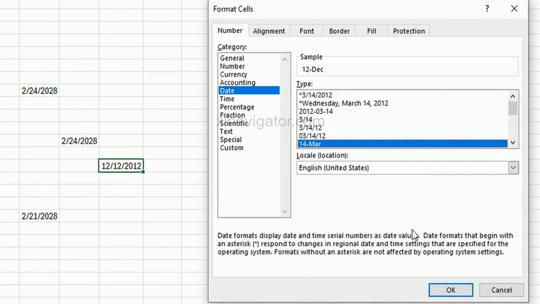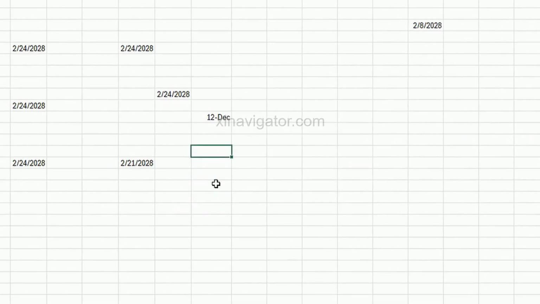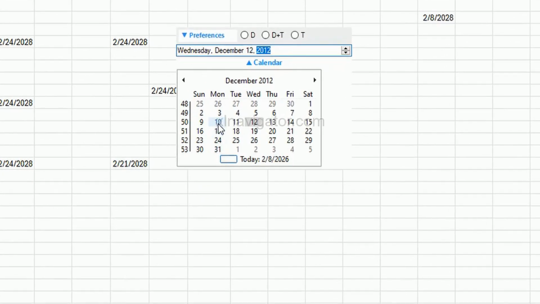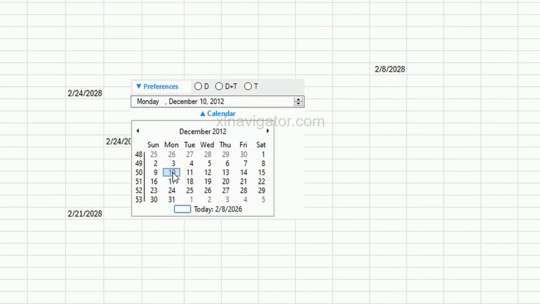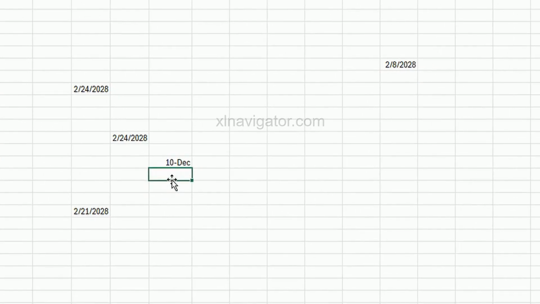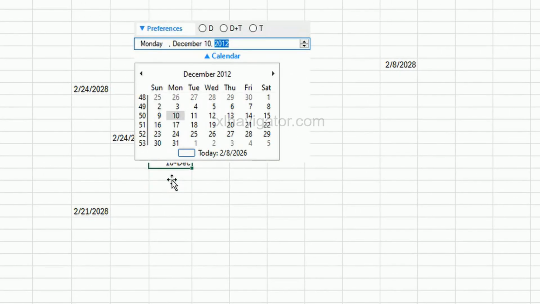Now let's scroll up and select this cell with the custom date format. Notice how the date picker visually displays the date according to the formatting we applied. I can change this date to something else, and when I press Escape, you'll see that it retains that specific date format. As long as you don't modify the formatting settings, the picker will respect whatever custom date format exists